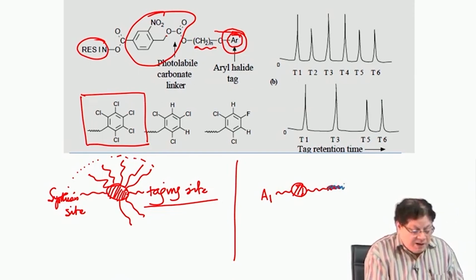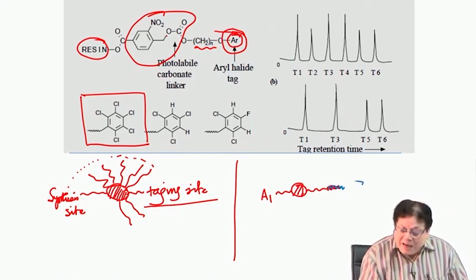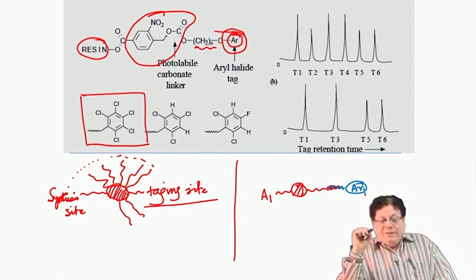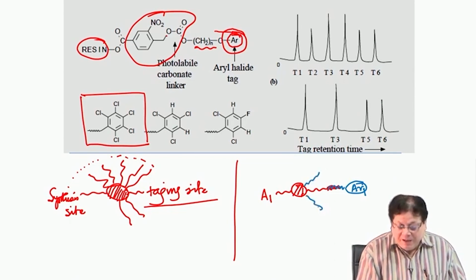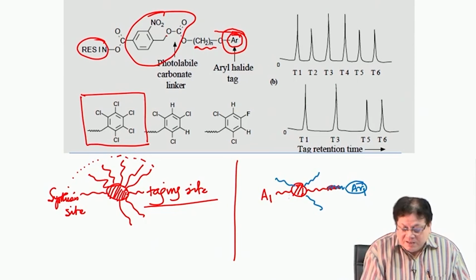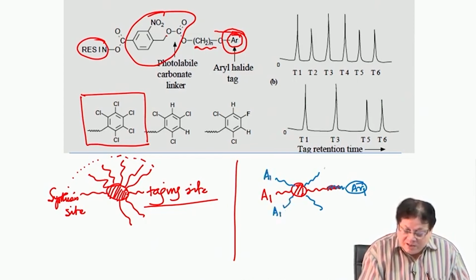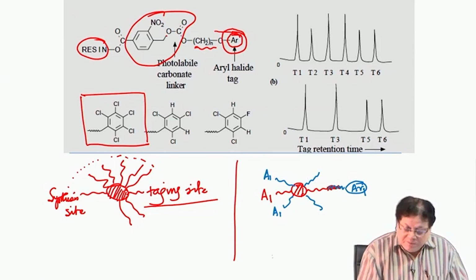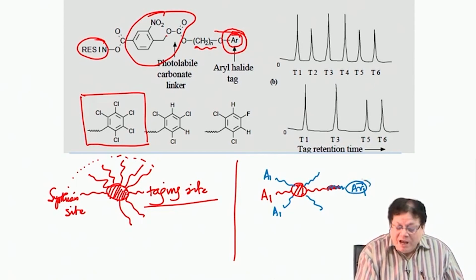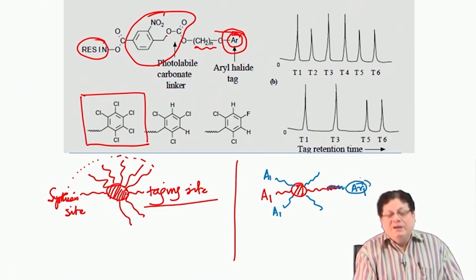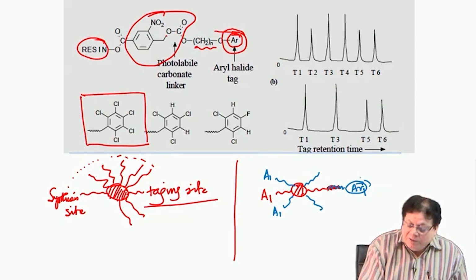So, this is the photolabile group, and then you have this aromatic ring, this is AR1. Now, there are other tagging sites here, and there are also synthesis sites here. So, you maintain it in such a way that all the synthesis sites are blocked with A1, leaving, and the AR1, this one you maintain at such a concentration that some of the tagging sites are